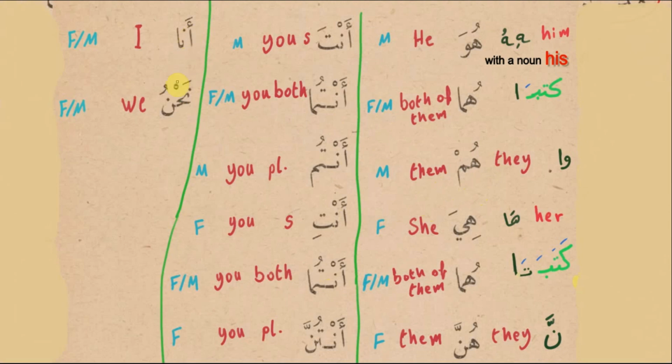And here you see for the first person, ana, I, it's for feminine and masculine. Same thing, ana, if it's separate. Nahnu is we, feminine or masculine, for we. Nahnu, this is separate. Now for the second person, notice these six pronouns here, separate pronouns, they all start with